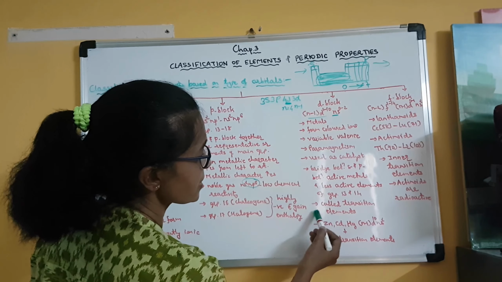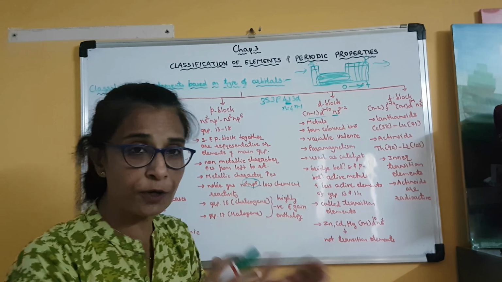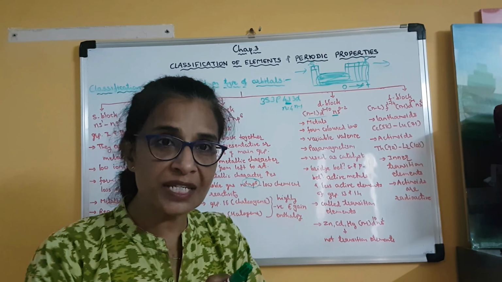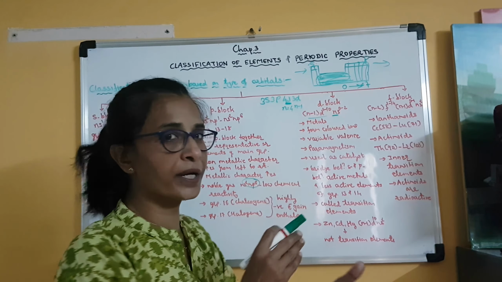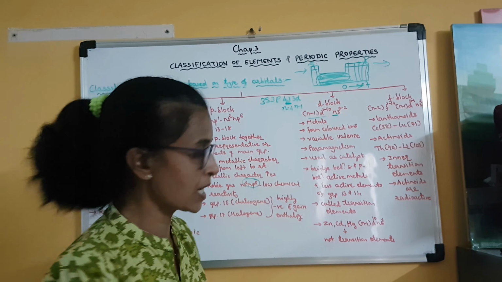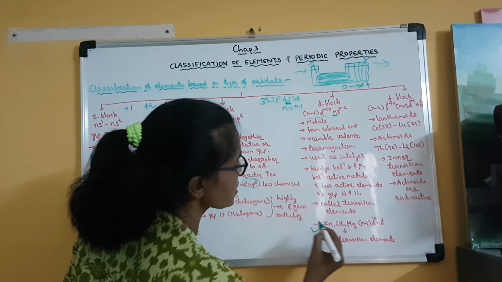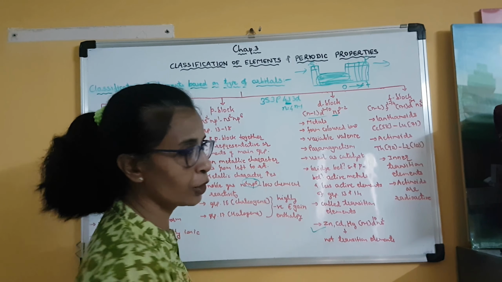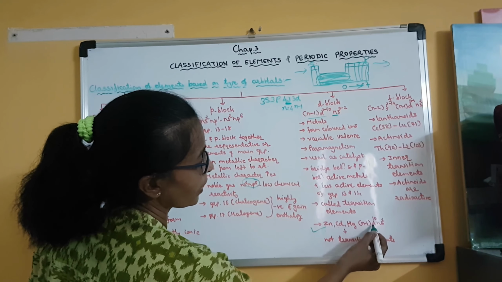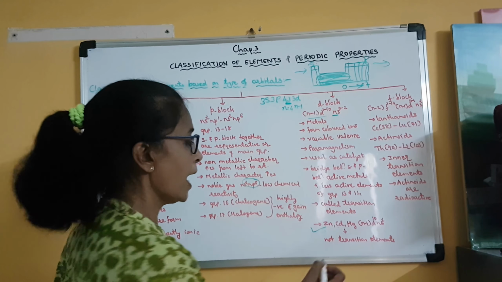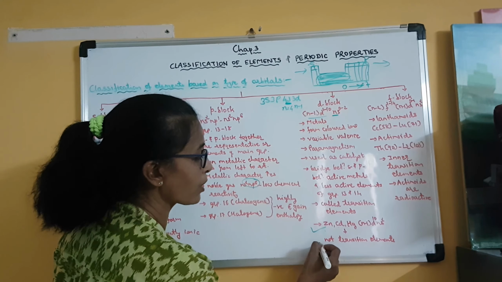Then this we have already discussed. They are called transition elements because their properties are in between S block and P block. Transition means change. So their property changes from metallic to non-metallic. They are a bridge between the metallic elements and the non-metallic elements, and so they are called transition elements. Now you have to remember these three, which we will study in detail next year. Zinc, cadmium and mercury have (n-1)d10 ns2 configuration, means their d orbital is completely filled, and so they are not considered as transition elements.